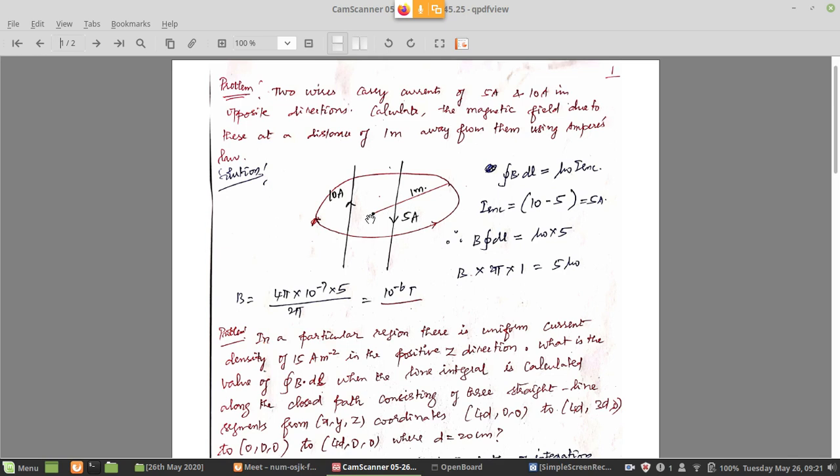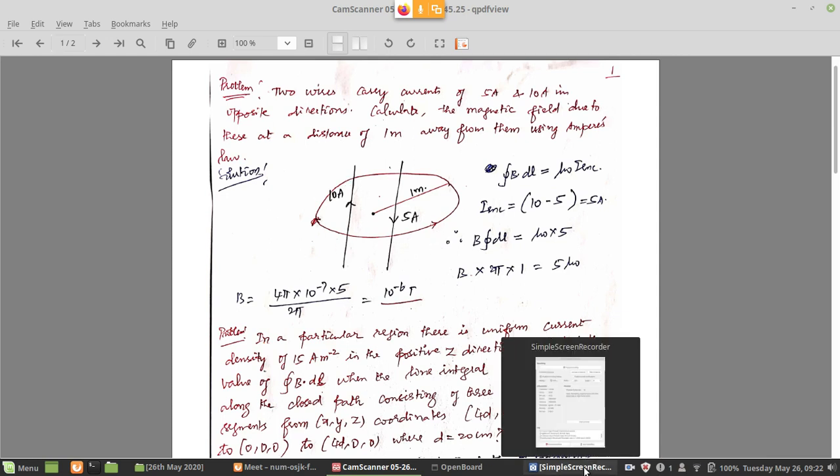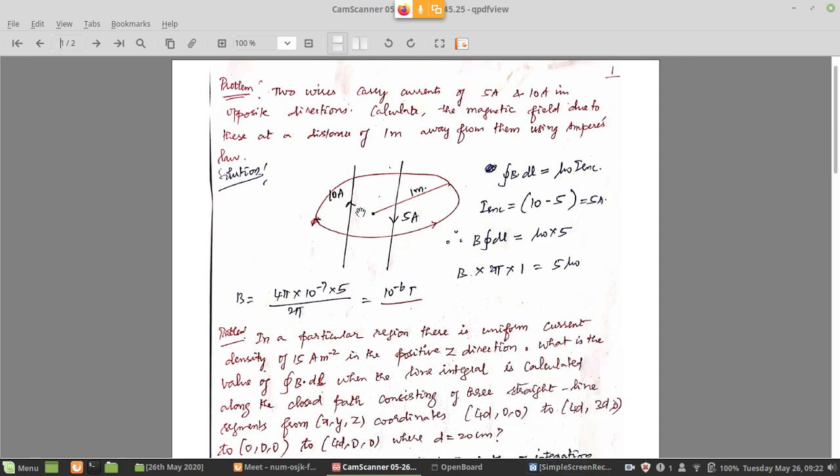So you can clearly see that I am taking a line from the midpoint of the two wires, and I am constructing what is called an Amperian loop. This circular loop is called an Amperian loop. That is like our Gaussian surface that we constructed in our electrostatics problems. In magnetism, the equivalent is Ampere's law. So we are constructing an imaginary loop around the two current wires, because I want to calculate the magnetic field due to these two current wires at a point which is 1 meter away from both the wires.